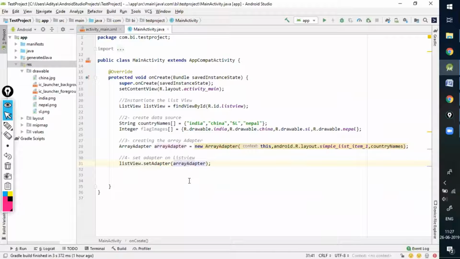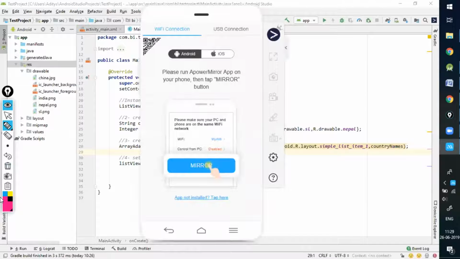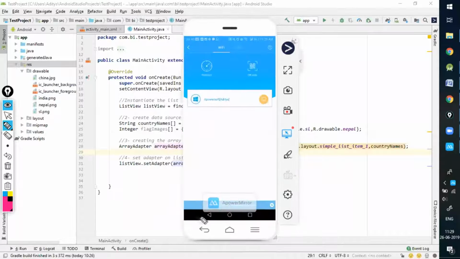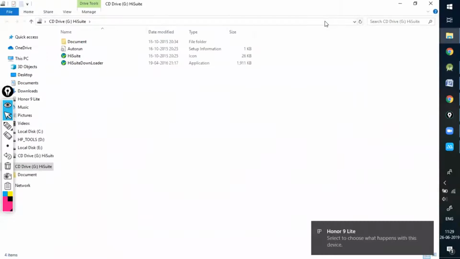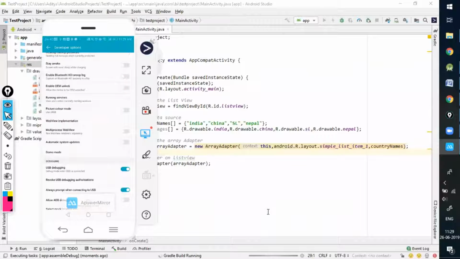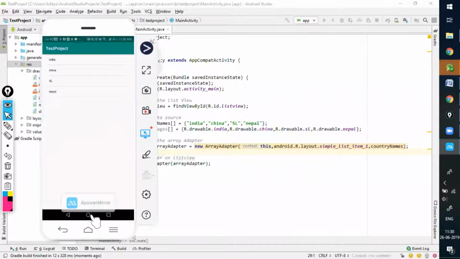But guys, what would be the problem? If I just run this program, okay, so I guess now you all can see it. So what happened? The names of countries are visible over here in the form of a list.